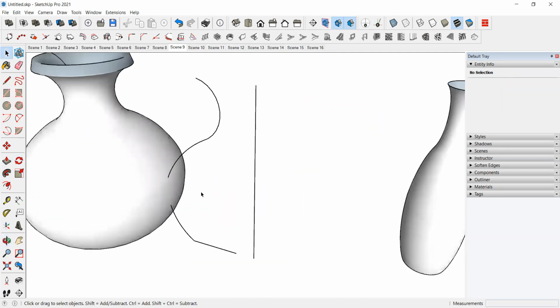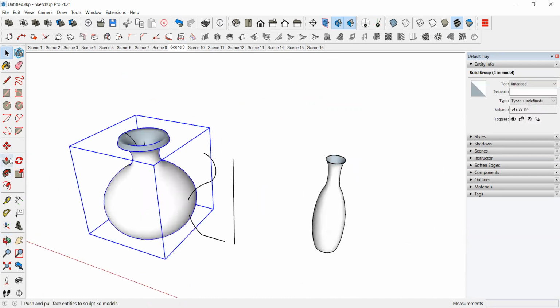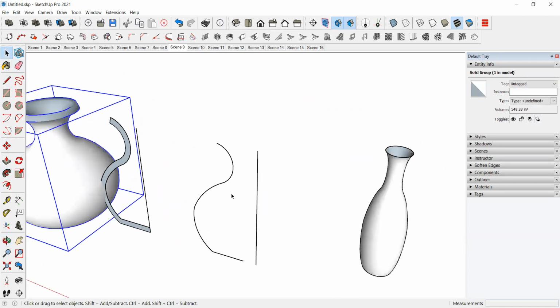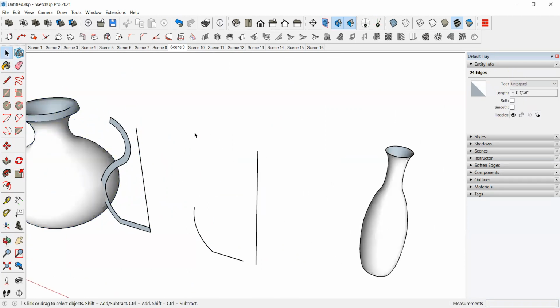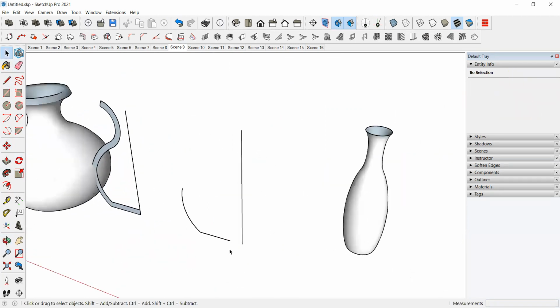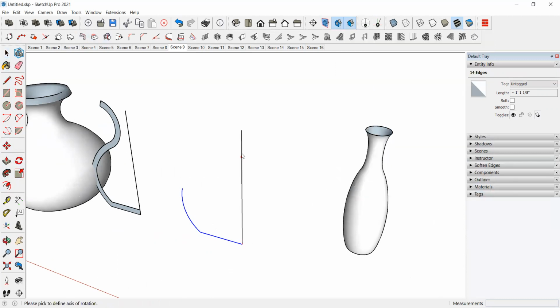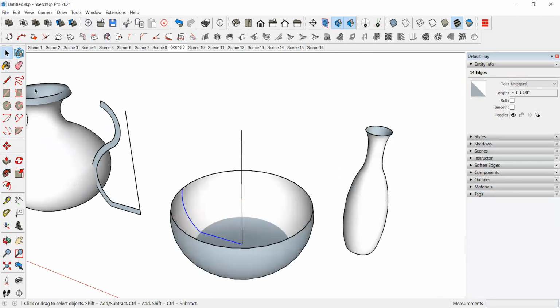Or else you can create some vessel like. So I'll delete this now. Revolve this and click on this.